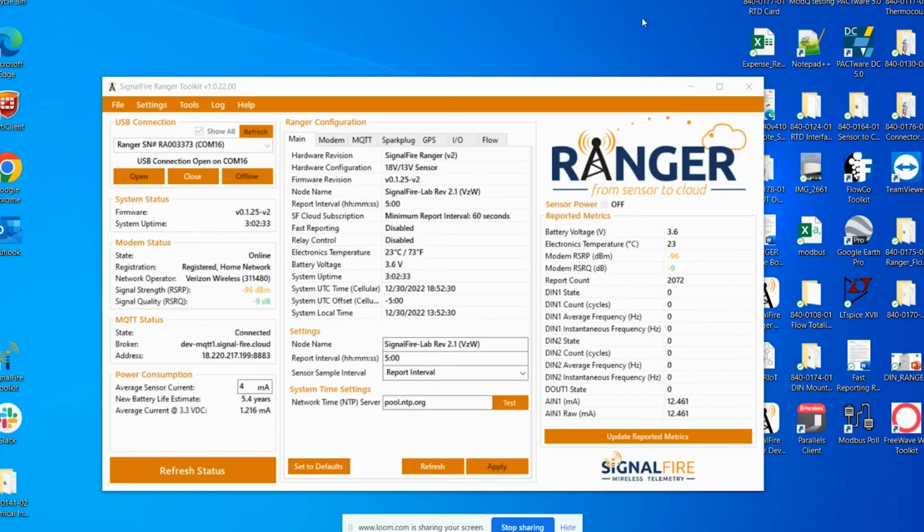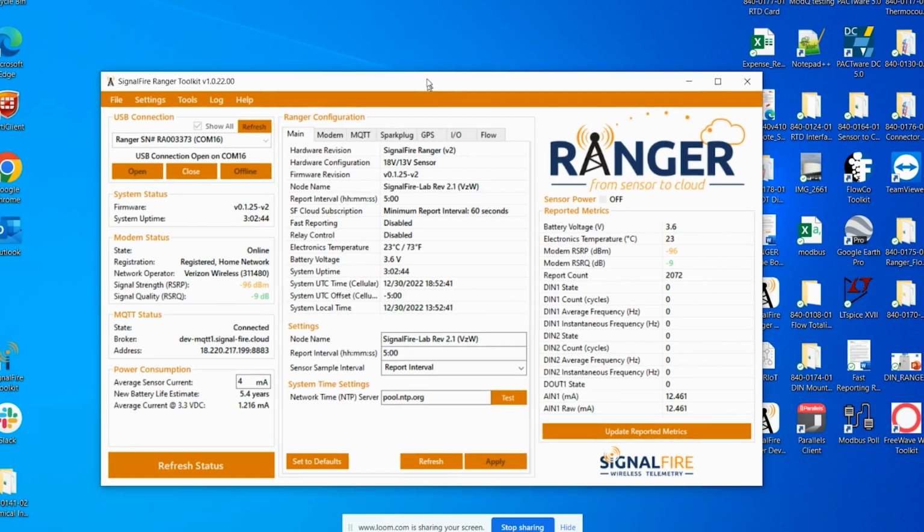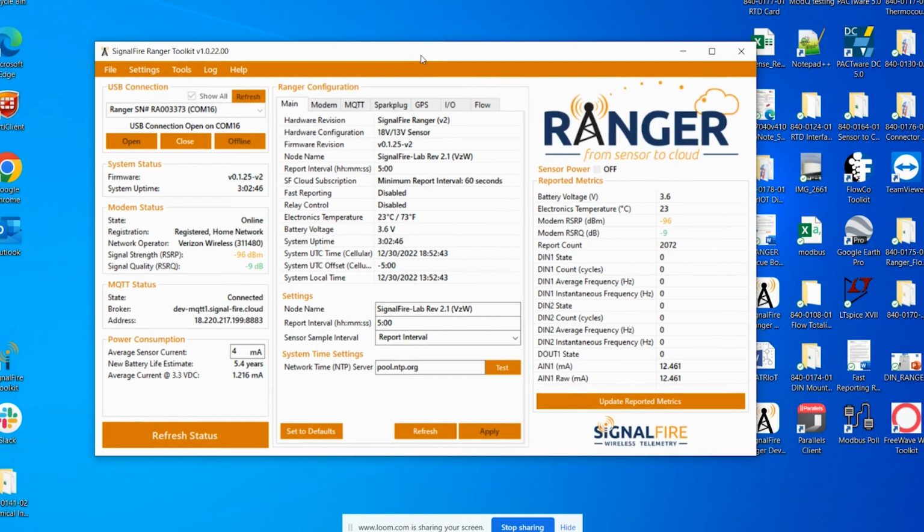Okay, so we're going to be learning how to use the Modbus card and interfacing that with the Ranger, and how to configure Modbus registers using the Ranger. So in front of me is the Ranger toolkit. Now I want to make sure that the Ranger knows that I am using a Modbus card,